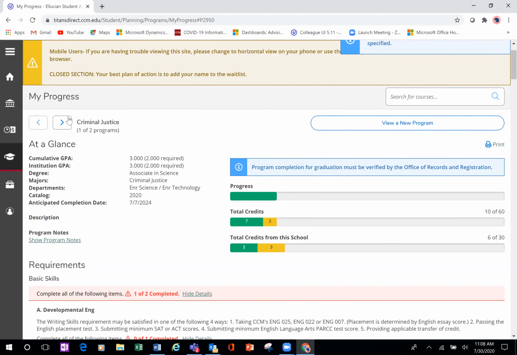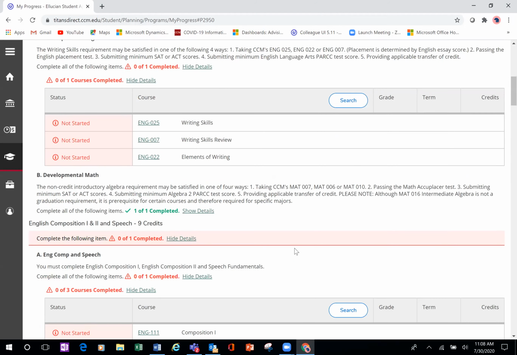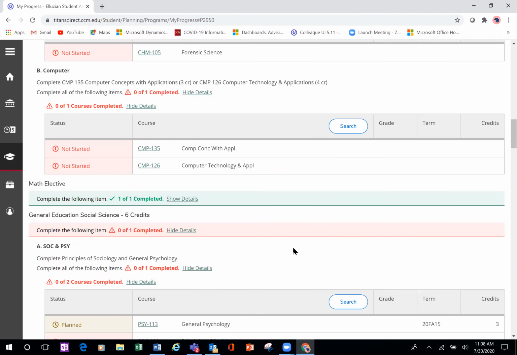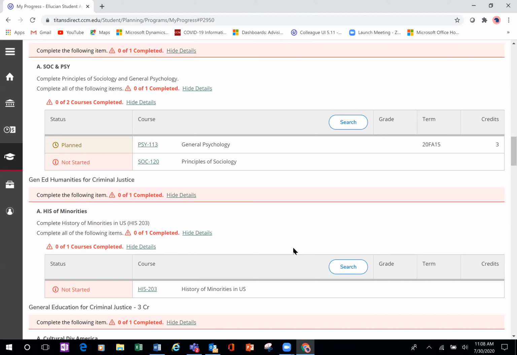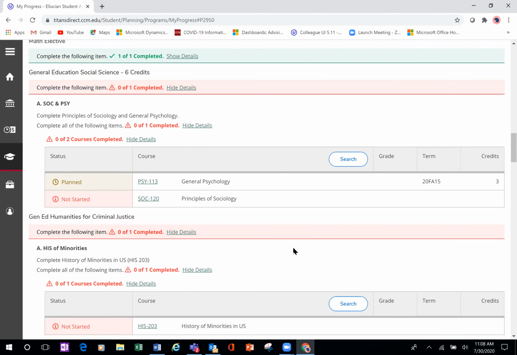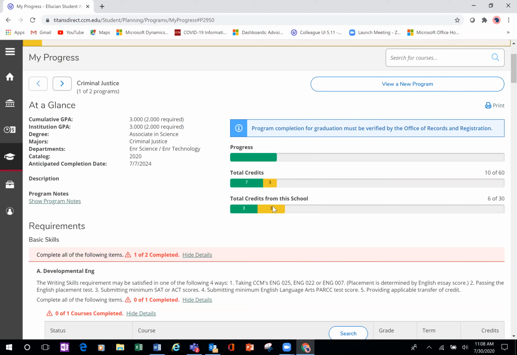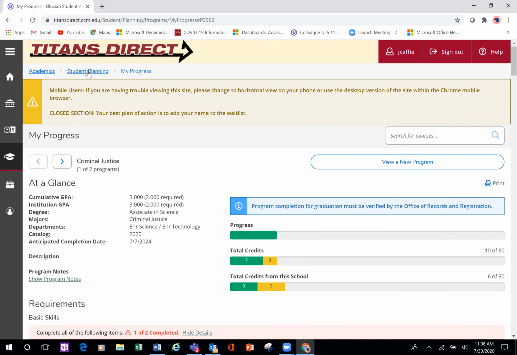Your major will show right when you click on to this link. If you scroll down, you'll be able to see all of the courses associated with your major, including a possibility of needing some developmental courses. We've planned some courses here for you, so you can take a look at a schedule in its entirety. There's a lot of classes on here, and so you'll want to first see how you're going to structure these